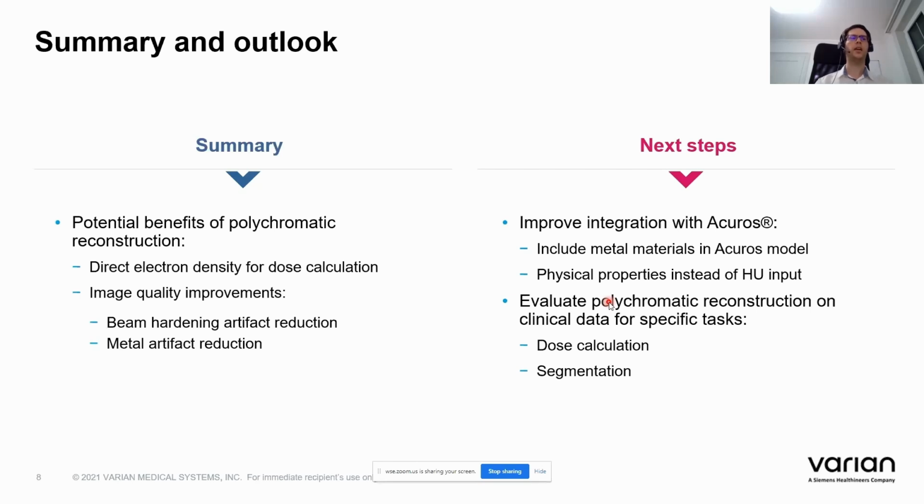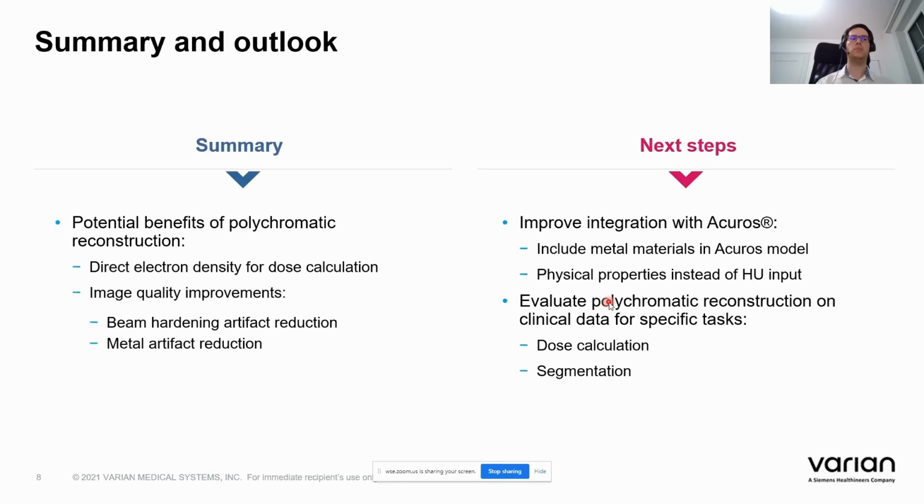Here we focused on directly reconstructing the relative electron density that should enable reliable dose calculations. And we also saw some examples of image quality improvements related to beam hardening and metal artifact reductions. In the future, we plan to improve the integration of the polychromatic reconstruction with Acuros scatter correction. In its current implementation,